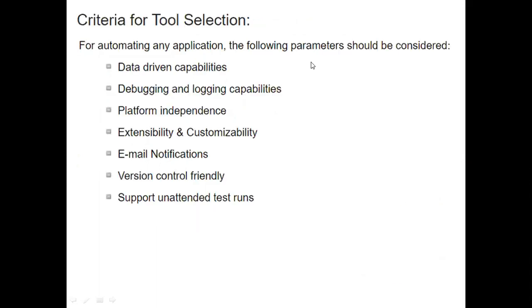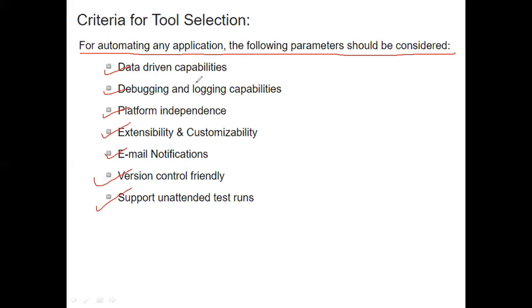The criteria for tool selection. For automating any application, the following parameters should be considered: data-driven capabilities, debugging and logging capabilities, platform independence, extensibility and customizability, email notifications, version control friendly, and support for unattended testers.